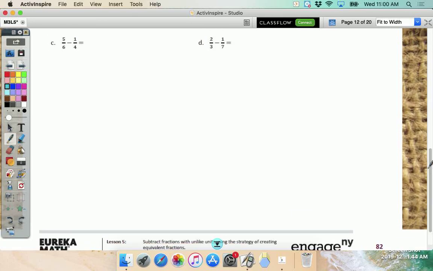So what I want you to do is, halfway between the bottom and the problem, draw a horizontal line to separate method 1 and method 2, because we're going to solve it two different ways. You with me? Okay, so this first one,